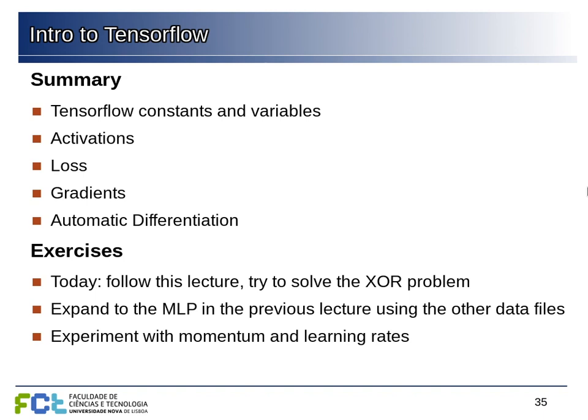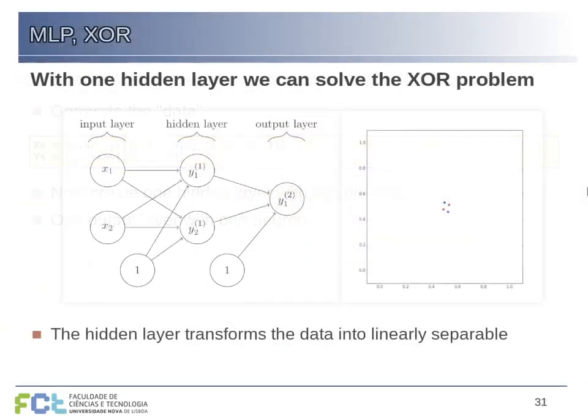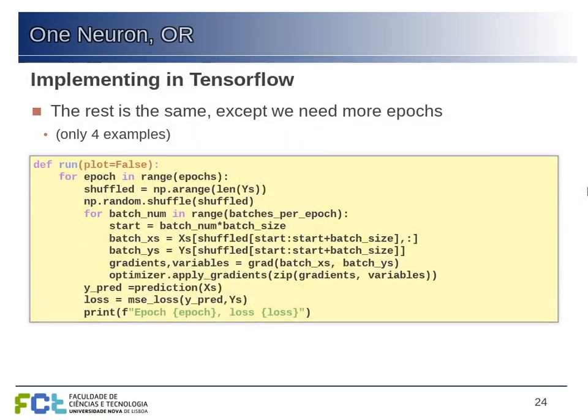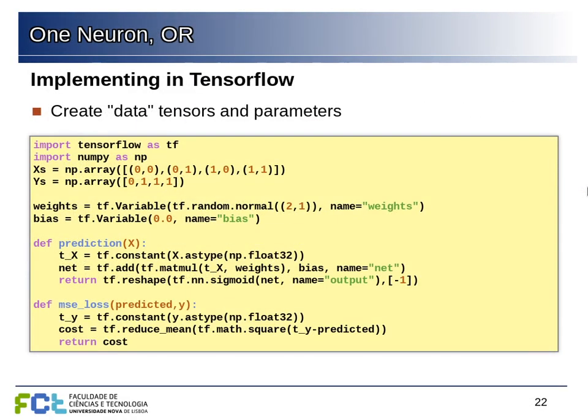This week, you're going to follow this lecture and try to solve the exclusive OR problem. You can expand this to the multi-layer pattern we saw in the previous lecture with more layers, and then work on the other, more complex data set. And then you can experiment with momentum and different learning rates, because here in the stochastic gradient descent optimizer that you create